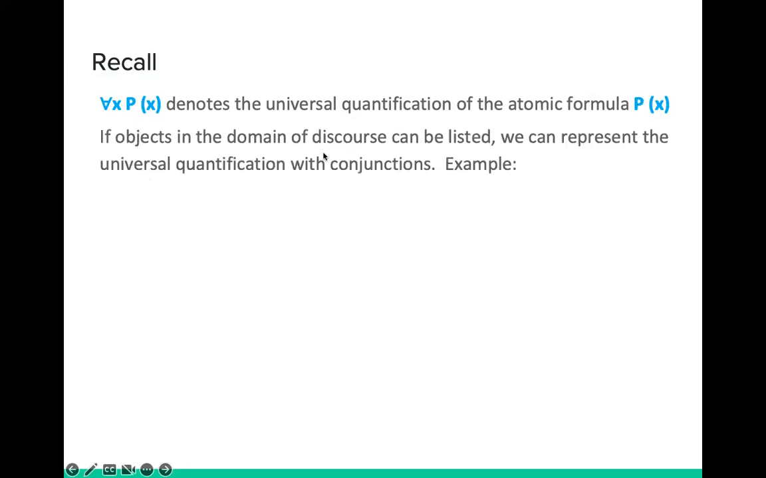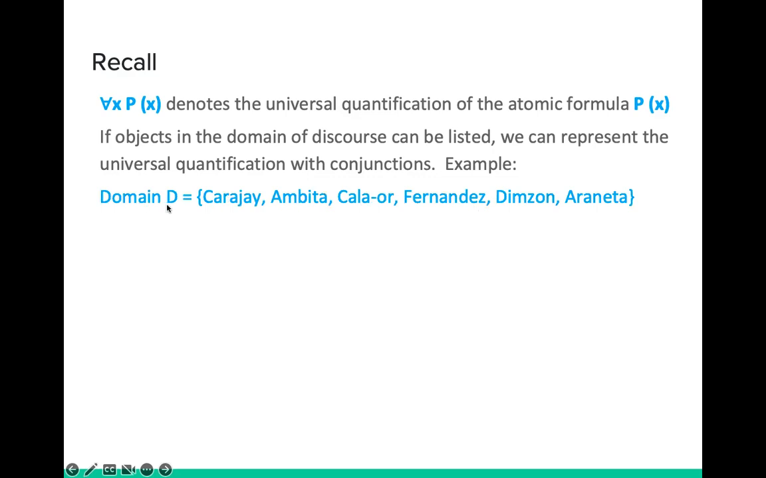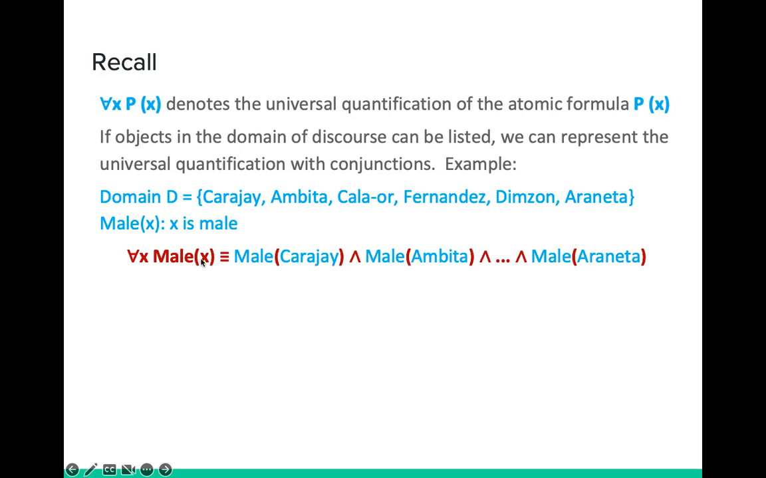So if objects in the domain of discourse can be listed, we can represent the universal quantification with conjunction. For example, we have a domain D that contains a list of some computer science faculty members in UPD, and we have a predicate male of x such that x is male. Then, assuming we have a universal quantification for all x male of x such that x belongs in the domain D, in order for us to obtain a truth value for this quantification, what we have to do is to